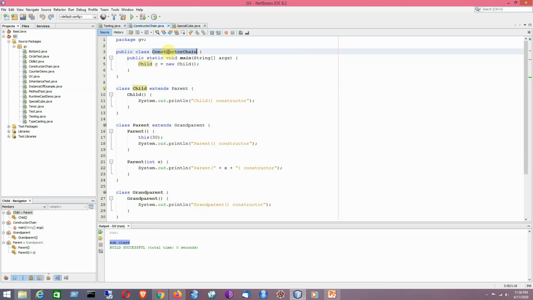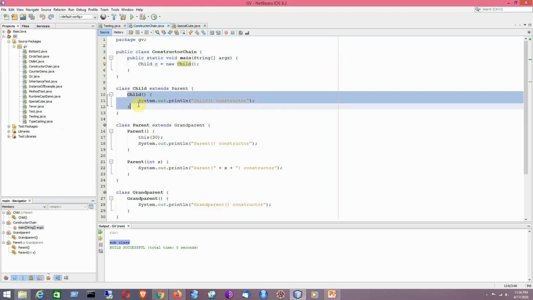Now I have got the main class, which is named ConstructorChain, within which I have defined the main method, and within the main method I have tried to create an object of the child class. So now whenever I try to create an object of the child class, it will just look for its corresponding constructor. But since there is a default no argument constructor of its immediate superclass that happens to be parent here,